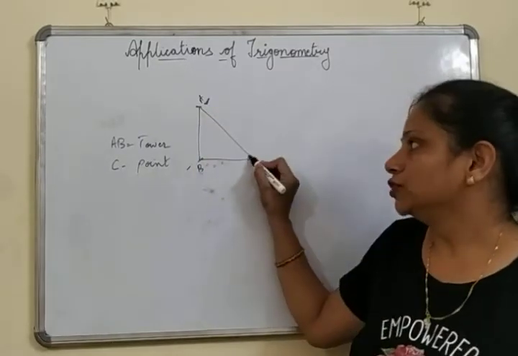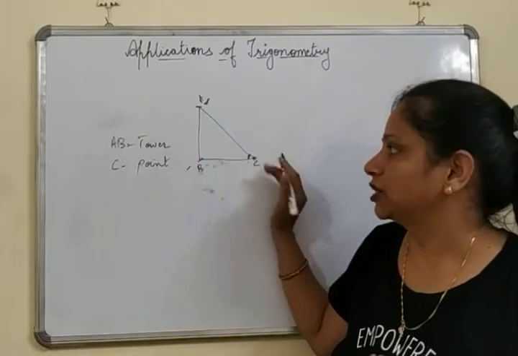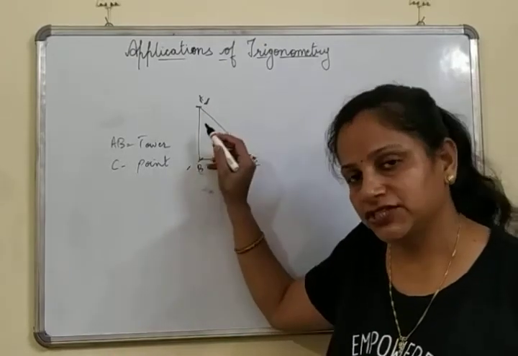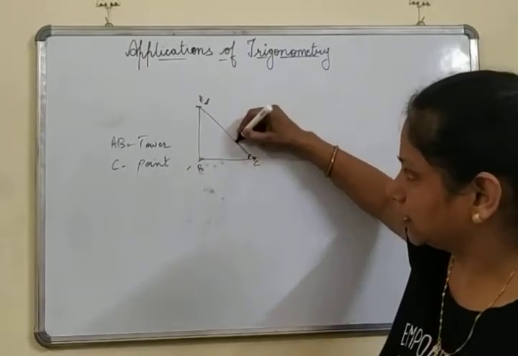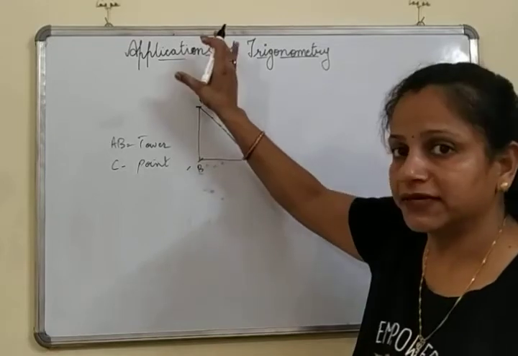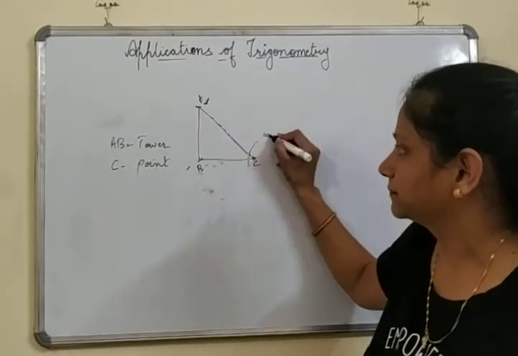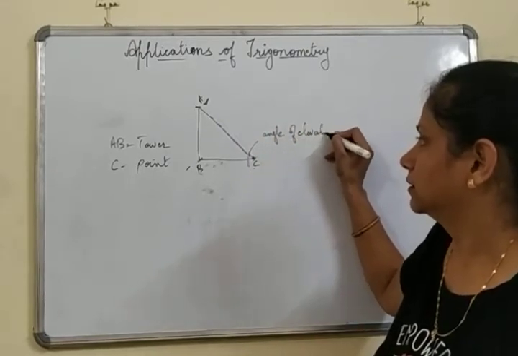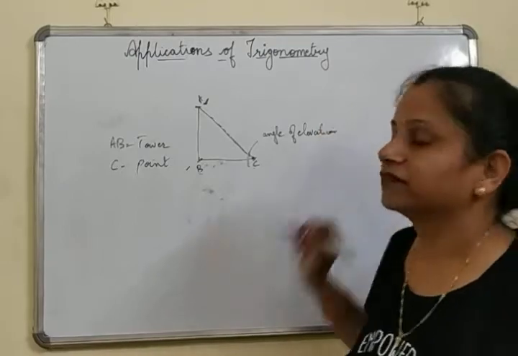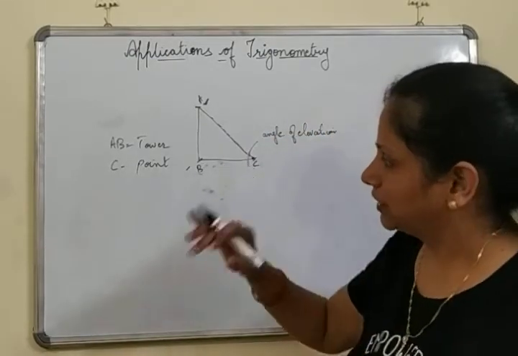Now you are watching from here the height of this tower. You are watching from this point the topmost point of this tower. That means you are going this way. ऐसे देख रहे हो आप ऊपर की साइड. So that means the angle which is made here is known as angle of elevation. What is this known as? Angle of elevation, right? अब इसका उल्टा आ जाइए.